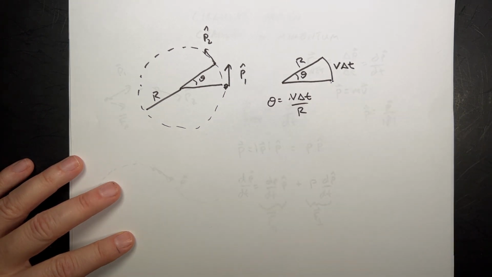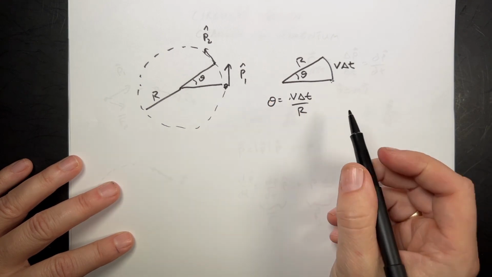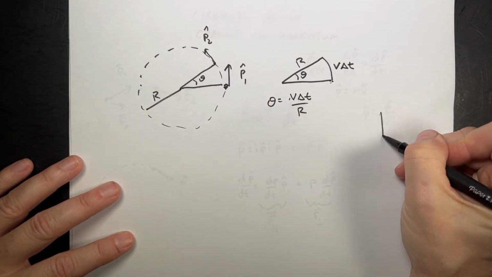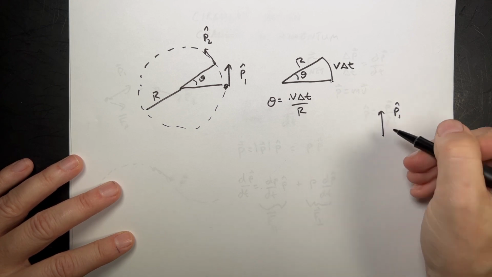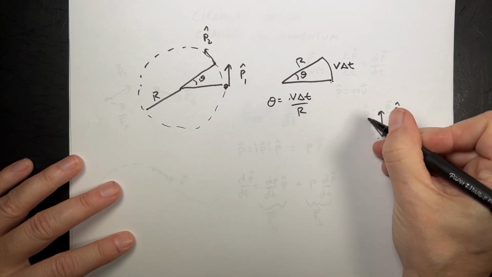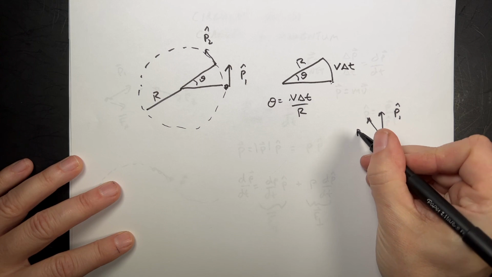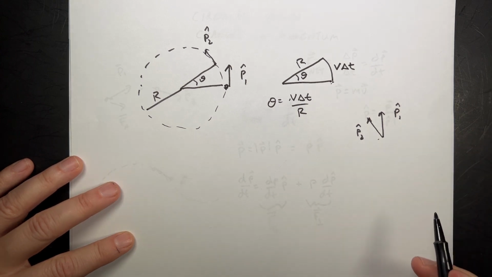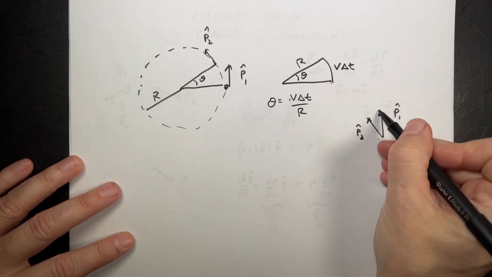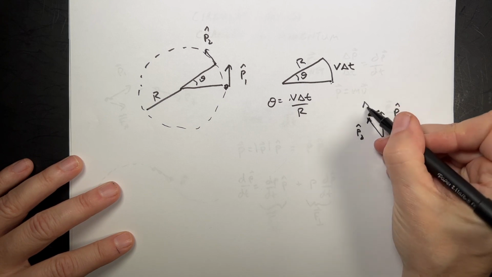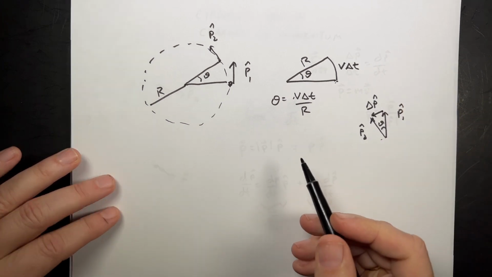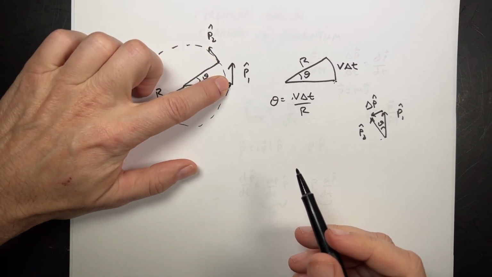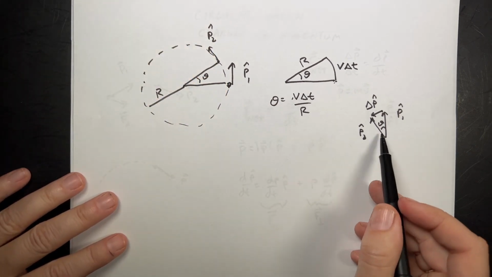And that's fine. Now, let's look at the unit vectors right here. I have P1, I'm going to draw them big. Here's P1 hat, and then I have P2 hat, like this. And they both have a magnitude of 1, and then this from here to there would be delta P hat. And this angle is also theta, right? If I move this down here, you can do a little geometry and see that that angle is the same